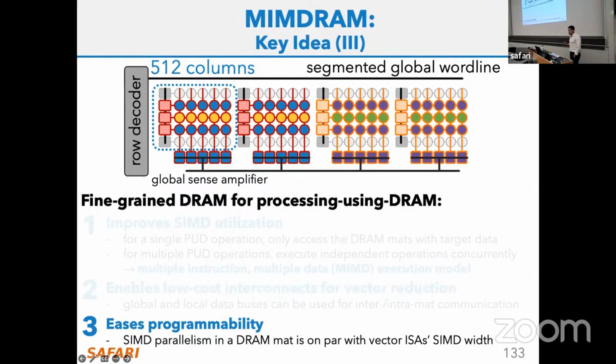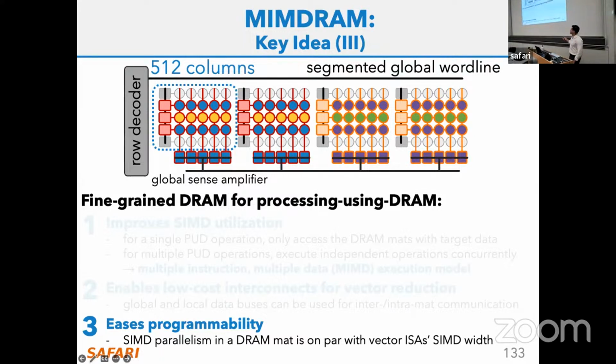And finally, it doesn't necessarily come for free, but not because we need to change the design. Usually the size of this DRAM mat here is 512 rows by 512 columns. Depending on the DRAM organization, it might be 512 columns by 1,000 rows, but it's always around that because we don't want to make those columns and those word lines too long. Otherwise, the impedance gets high and the capacitance as well.